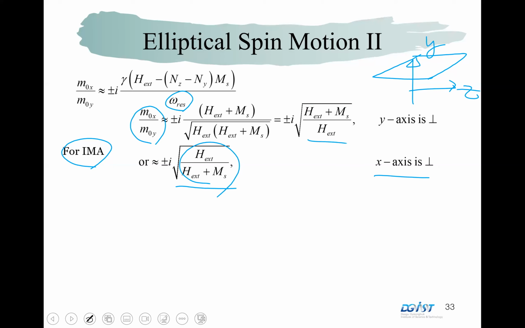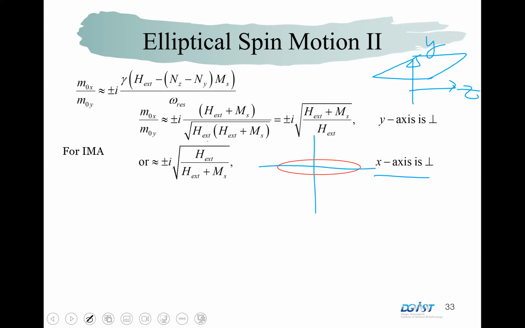If we have a certain external field, here the external field is pointing in the minus direction. Anyway, this and this are the ratio of the field for x and y. Actually, this one corresponds to h external only. This term is the h plus Ms term. So in this case, if we are pointing